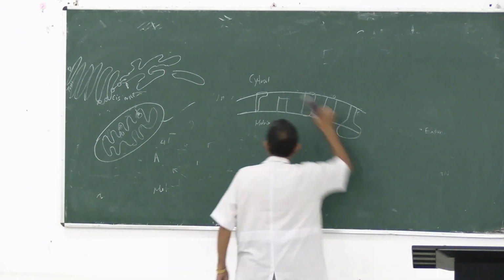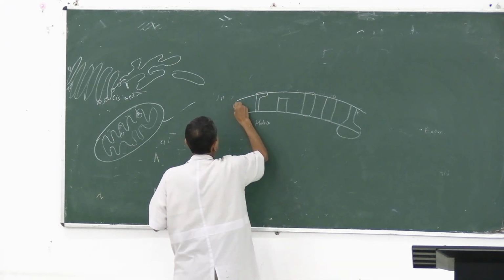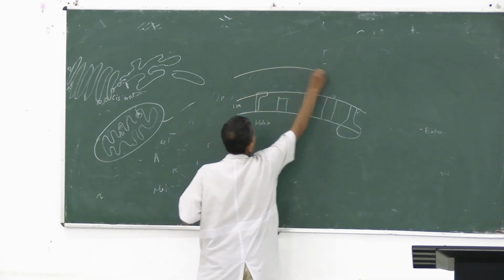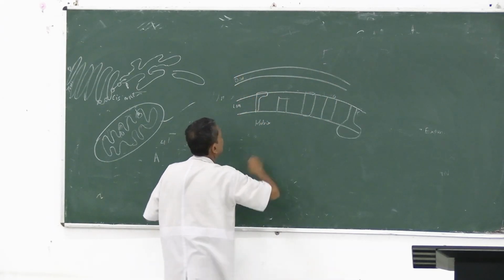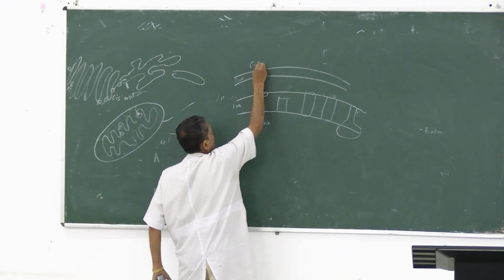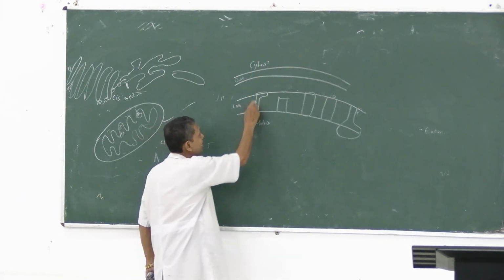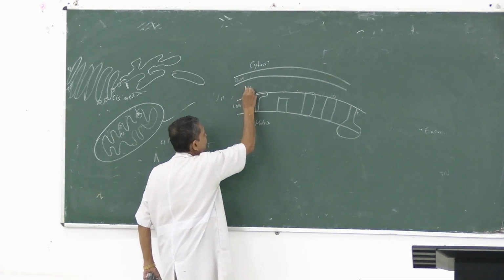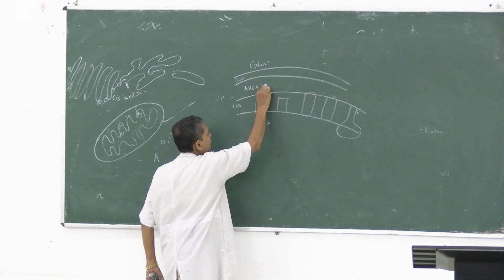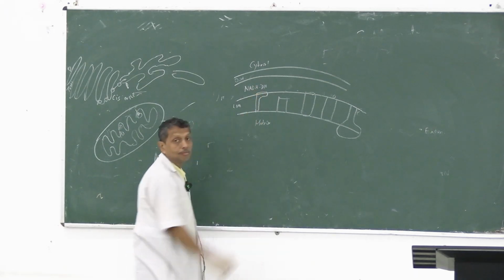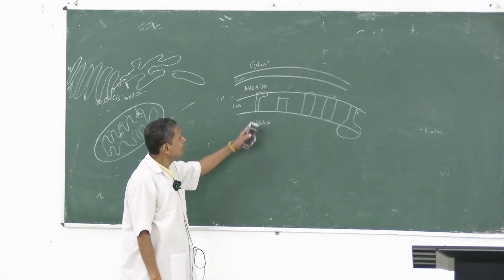Excuse me, it is the inner membrane, and it is the outer membrane. This is the outer membrane. And this is the cytosol, matrix. And it is NADH dehydrogenase complex. Dehydrogenase complex. NADH dehydrogenase complex. And in this,